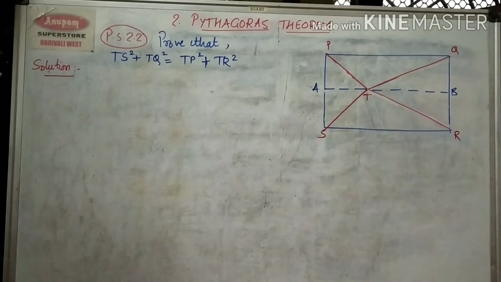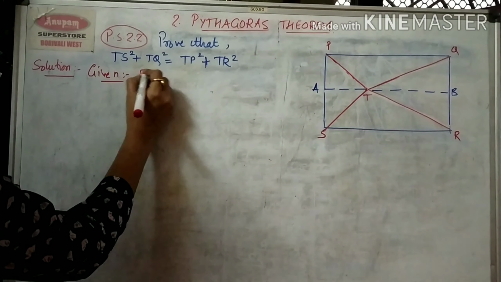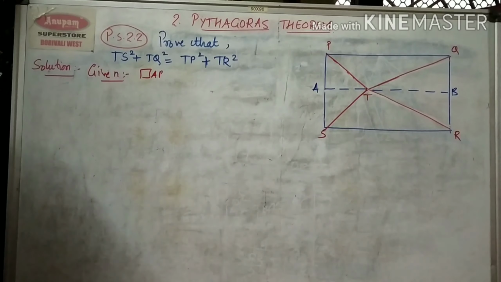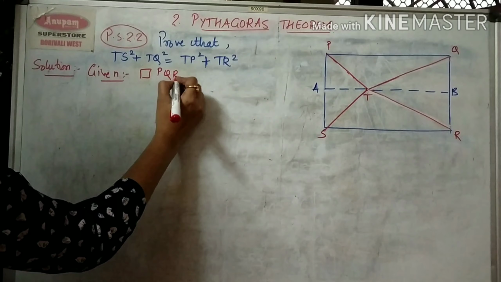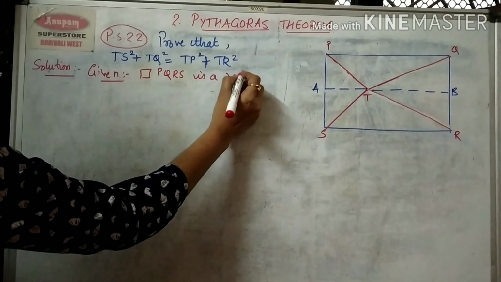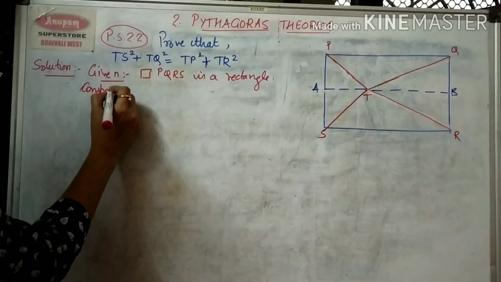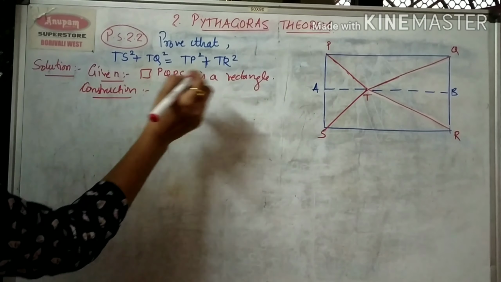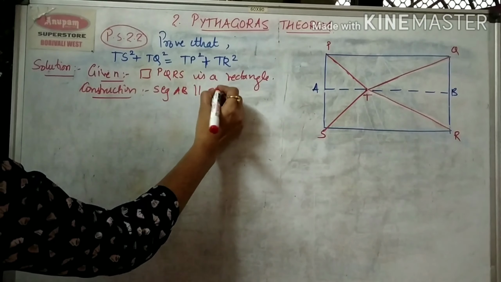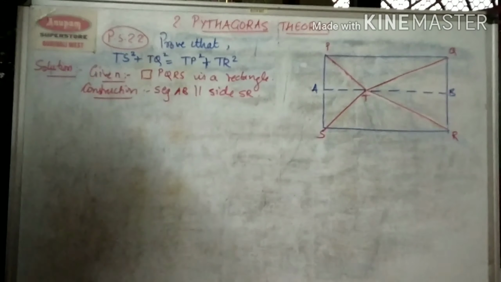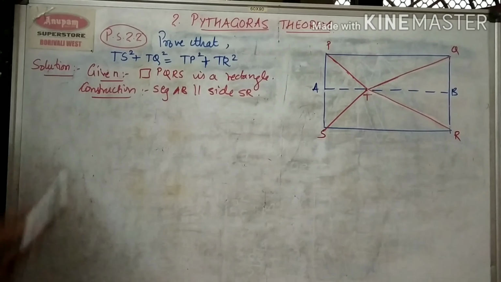Okay, so I'll just write down whatever is given. I'll say given: quadrilateral PQRS is a rectangle. So this is given to us. Construction is seg AB is parallel to side SR. This is the construction. Okay, only these two pieces of information are given to us, and we are supposed to prove that